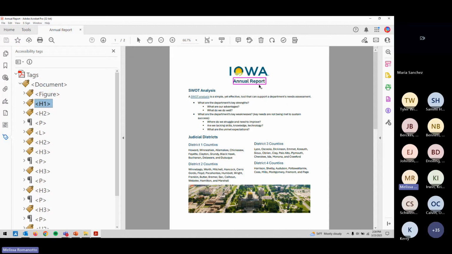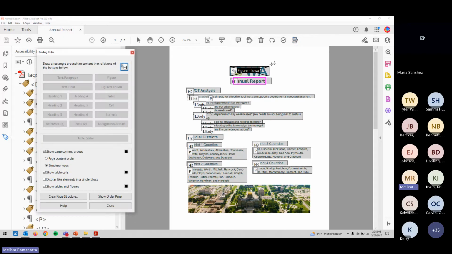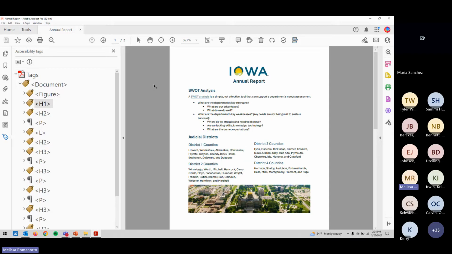It's big, it's bold, it's centered, but it's not marked up as a heading. So in that case, you might have to add headings to the document. And again, that just is a matter of clicking on the text or the tag and changing it to the right heading level. So if you have a document that doesn't have any headings, you will not get the headings nesting error, but you still